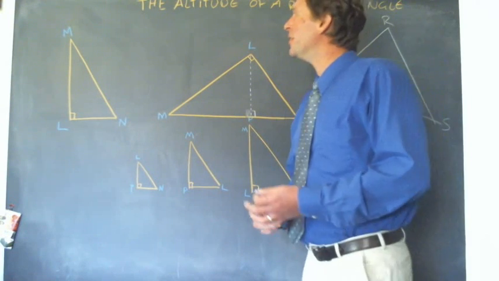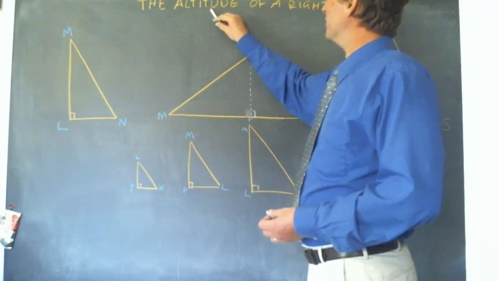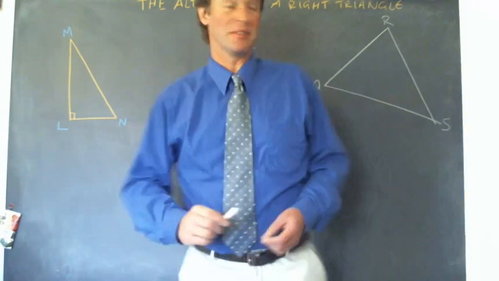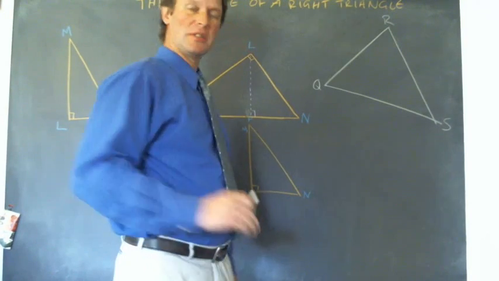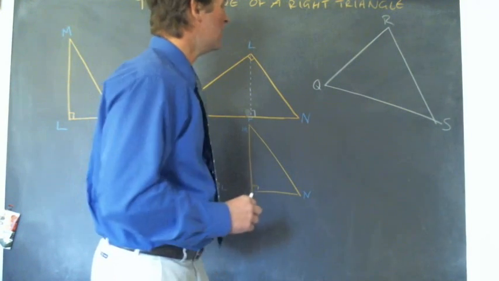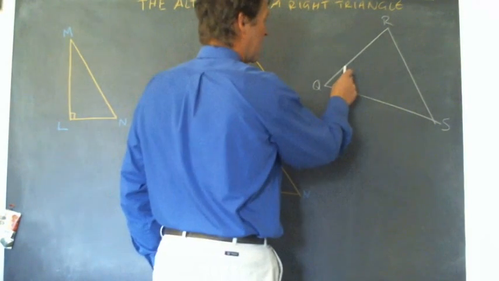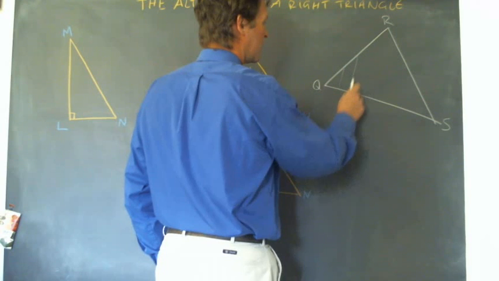Hello. We're going to talk about the altitude of a right triangle. First, we'll discuss what an altitude is. An altitude, just like the altitude of a city, how high above sea level it is. An altitude is the highest place that I can draw a line